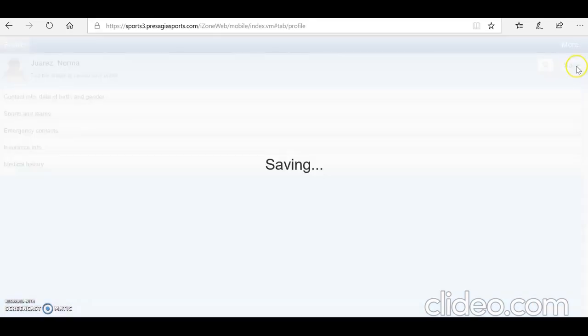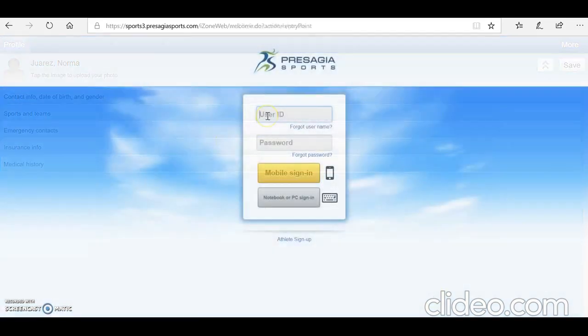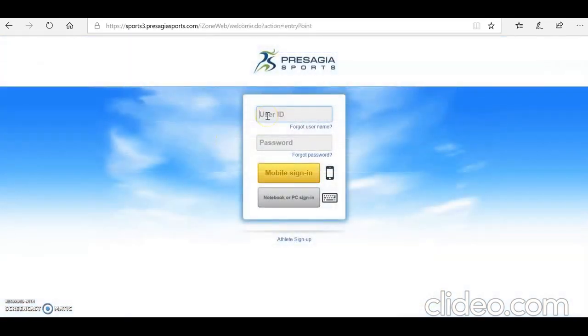Once you've completed all those things, in the top right corner, you'll see a save button. You'll click that, and then from there, I, on my end, will have to verify you. So I would put in your date of birth and your verification phrase that you guys originally created on that very first page. From there, you will become verified and you now have an account. If you have any other further questions, feel free to email the Presagia athlete sign up